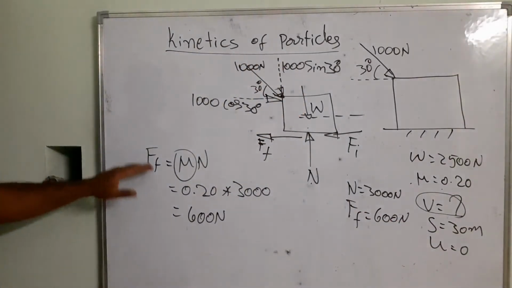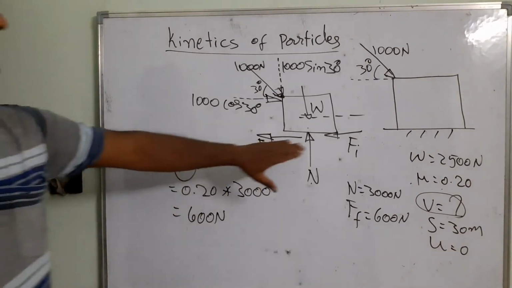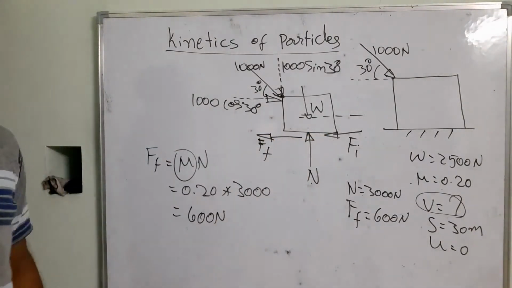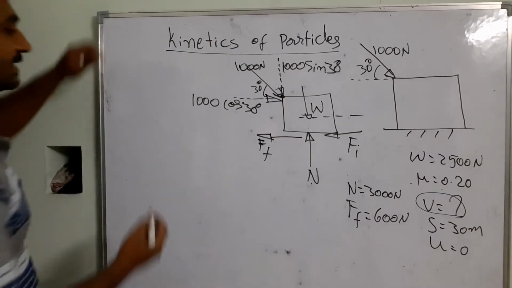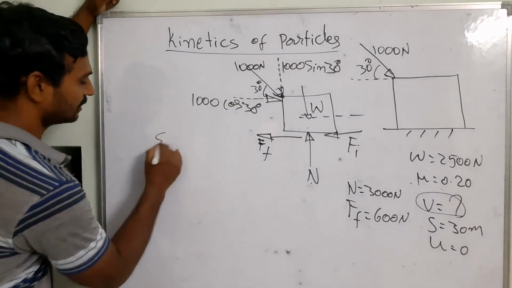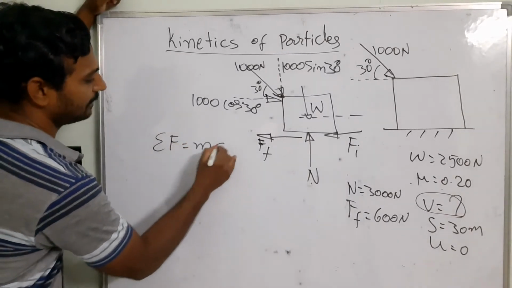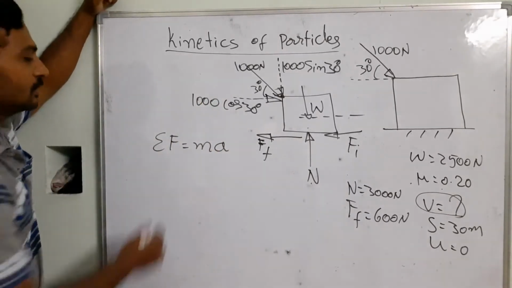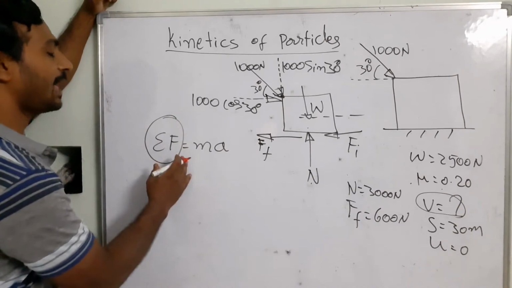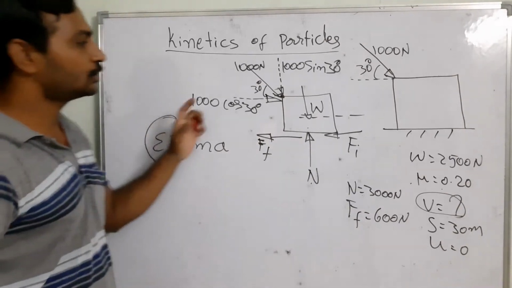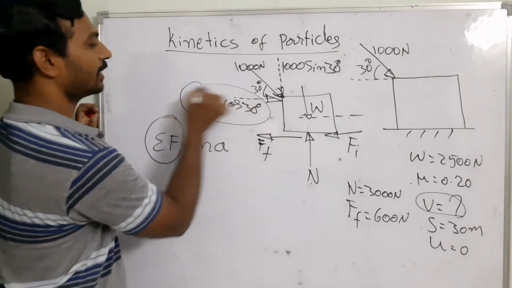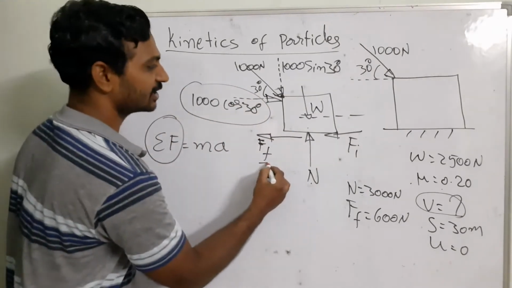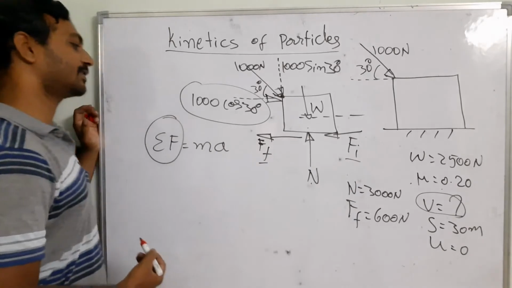Once we have calculated these equations, I can substitute in this part, so I can get the D'Alembert principle equation. There we can see the D'Alembert principle is nothing but the sigma F is equal to ma formula I am going to be using. A number of forces are acting and causing the body to move in the forward direction. Can you see? One is the horizontal force, the second one is the frictional force, and the third one is the frictional force.